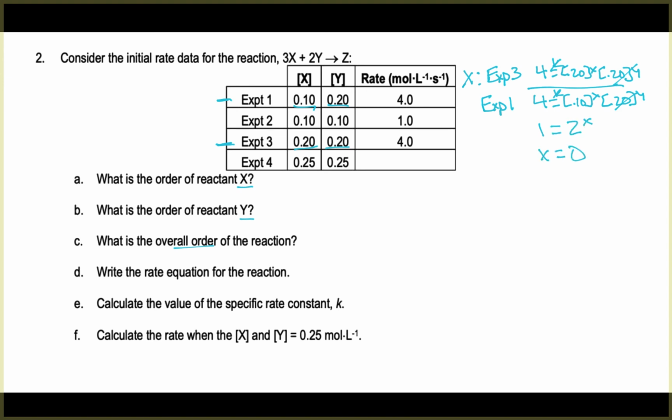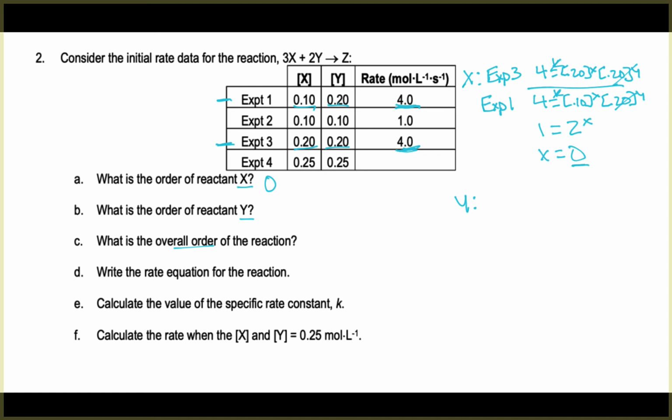Okay, and this one you'd be able to pretty obviously see that if you change x, nothing's happening to the rate. So you would know that that's a 0 order reactant. And you can also do one of them by inspection and then another one mathematically. So you don't have to do them all the same way. So order of reactant x would be 0. Okay, for y,